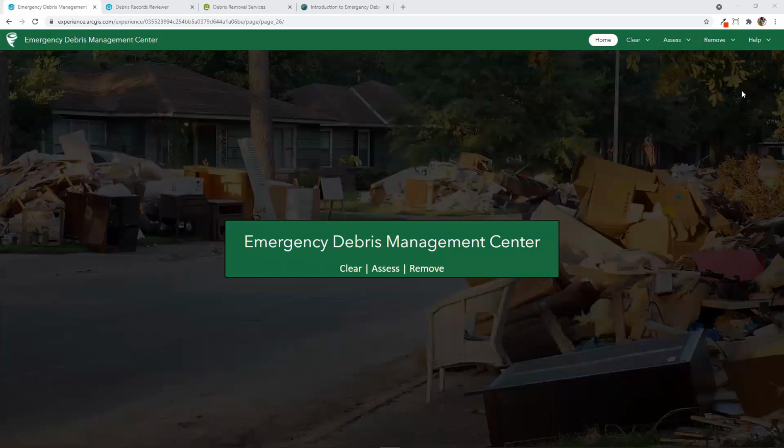What I'm going to do is show you how the Emergency Debris Management Solution supports the entire life cycle of emergency debris management, from the initial road clearance process to the assessment process to the removal process. Starting off in the initial phase leading up to an incident, an event,